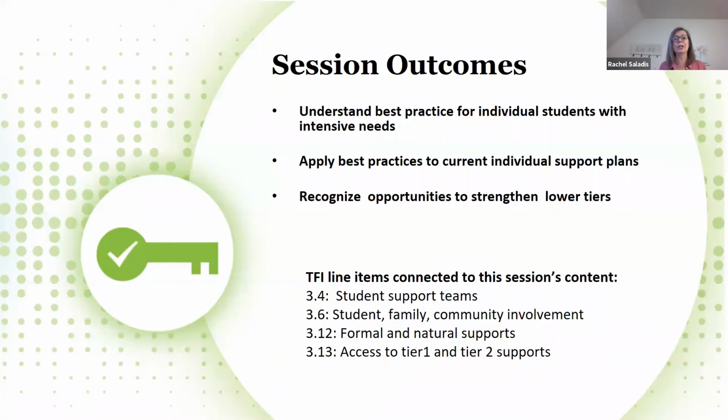We also want to make sure that you have some really good grounding in ways that you can see what we're learning and talking about at Tier 3 best practices, applying, looking back to Tier 1 and Tier 2. You will have opportunities to strengthen Tier 1 and Tier 2 so that your Tier 3 work doesn't feel like it's living in a vacuum.